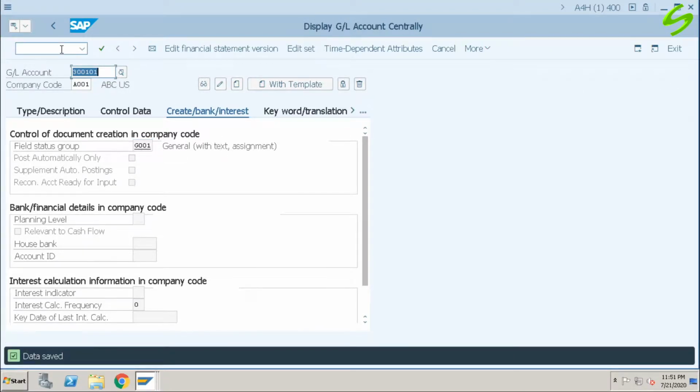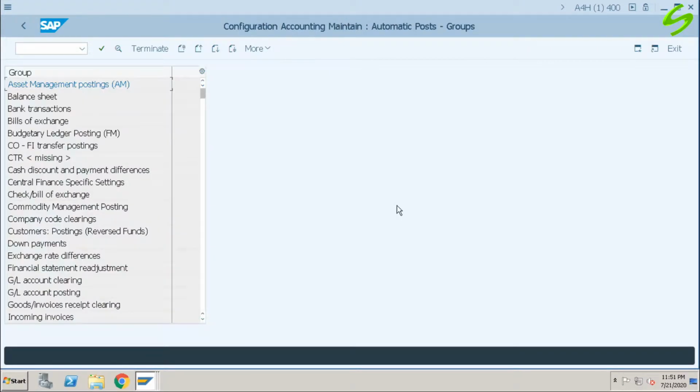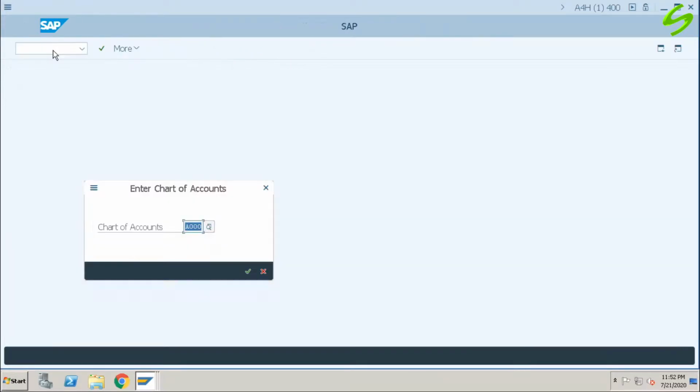This has been saved. Now let us go to FBKP. Click on automatic postings, cash discount and payment difference, cash discount received, transaction SKE. I can also use the T code OBXU.